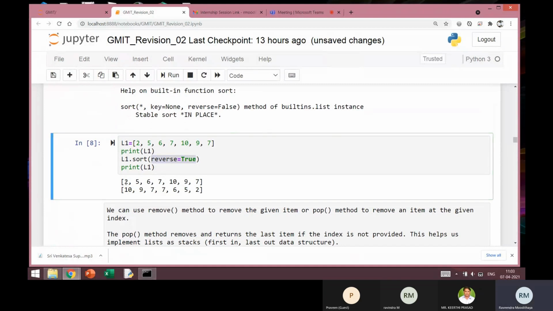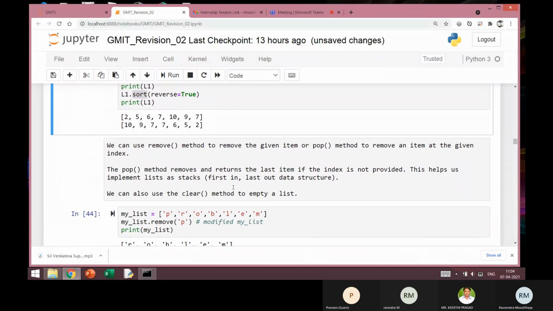Okay. So you can see that these are the original L1 and these are the reversed list. But remember, this reversal has happened in place. Because we are using the sort function, this will do the sorting in place. So the same L1 is modified with the reversal in the descending order.